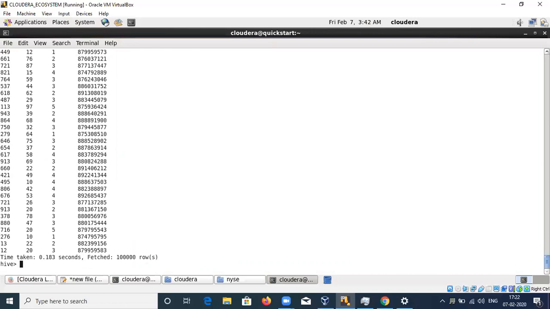I would have used limit. Okay. Select star from u_user a join u_data b on a.user_id equal to b.user_id. This is the joining technique. So when I execute this,